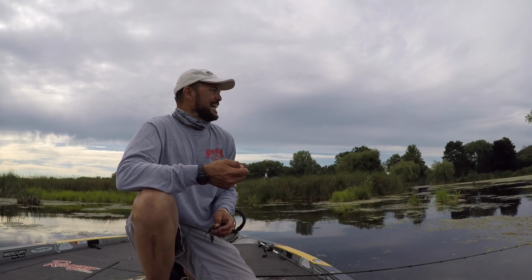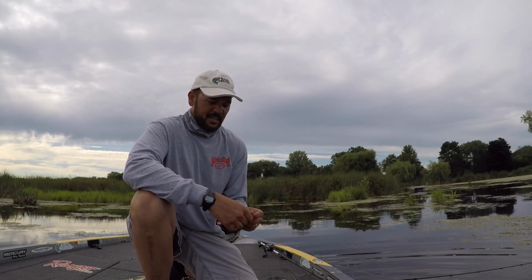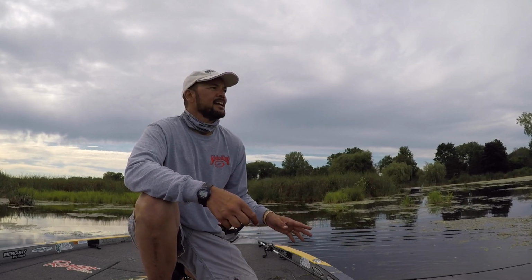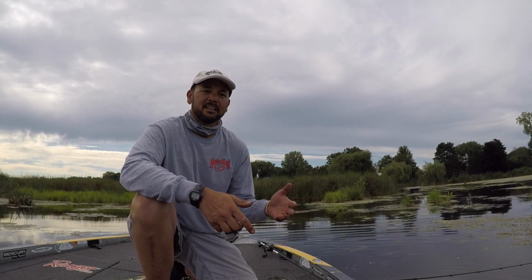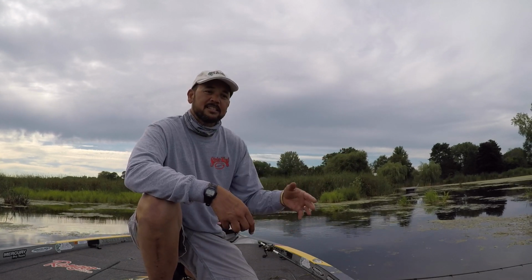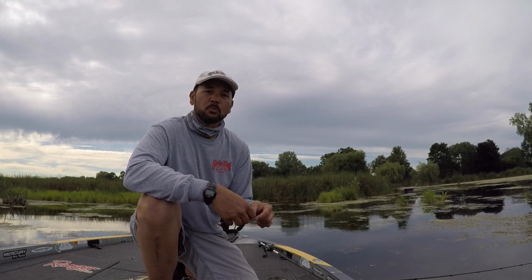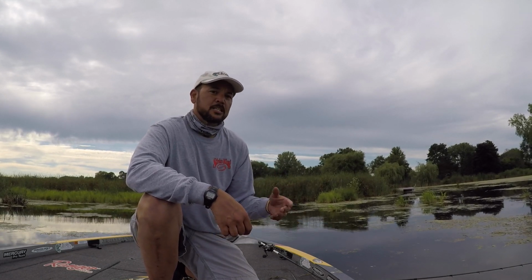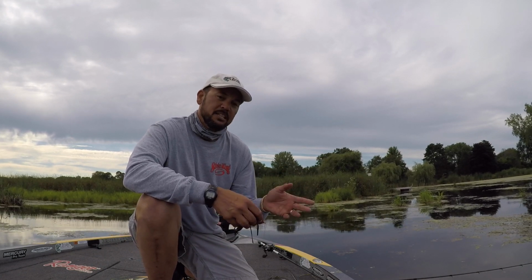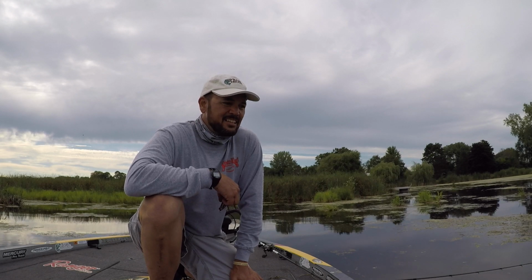So that, I gotta tell you, it's not that I just randomly picked this area. It's just that it looked like it was a little weedy creek or little tributary to this lake, and I thought that's where some matted grass and vegetation would be if I was to try to exploit this type of pattern. It's something that I learned through reading about seasonal patterns years and years ago, gosh, in my late teens,